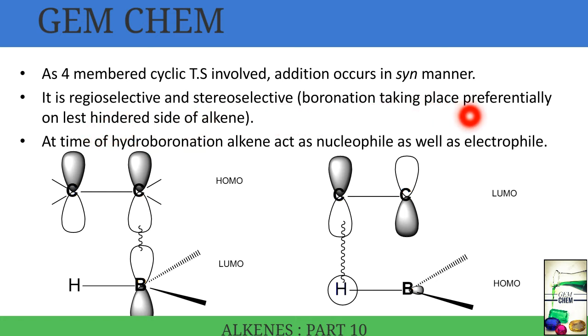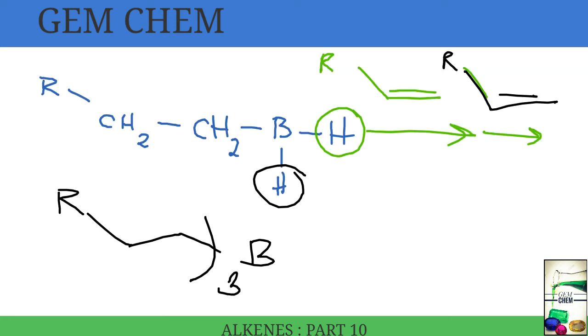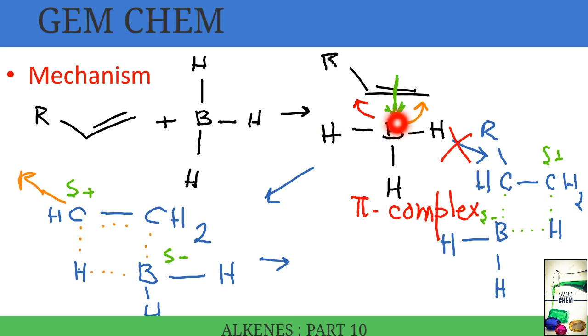It is regioselective and stereoselective. That is, boronation takes place preferentially on the least hindered side of the alkene. Now at the time of hydroboration, the alkene can act as a nucleophile as well as an electrophile. So now see, in the first step we see that the pi orbital attacks this boron. So what it is doing, this pi orbital of the alkene donates electrons to the vacant p orbital of boron,